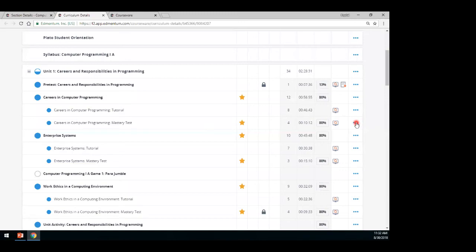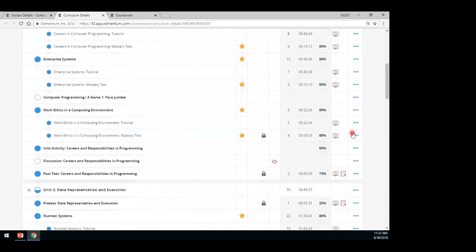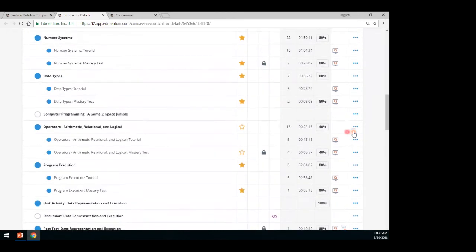And then say, for instance, let's see if I have a good example here. All right, so say, for instance, she made a 40 on operators, relational and logical mastery test. She made a 40. She has not mastered it, but it's locked. Say I wanted to unlock it for her, I could actually click these 3 dots and come and unlock the test. So if I don't want her to have to go back through the tutorial, I can come and unlock it here as well. We also have the options to hide the mastery test so the student doesn't see it,